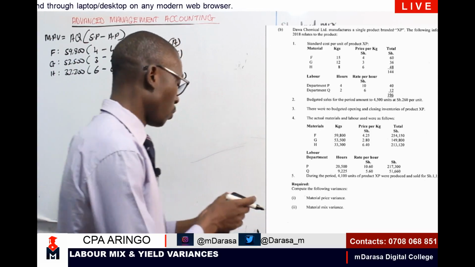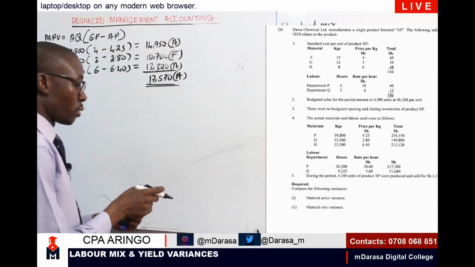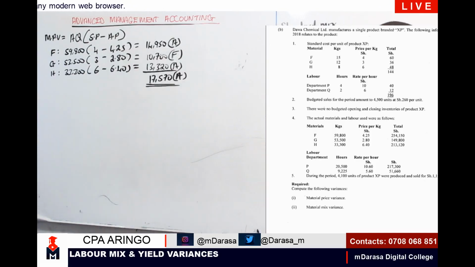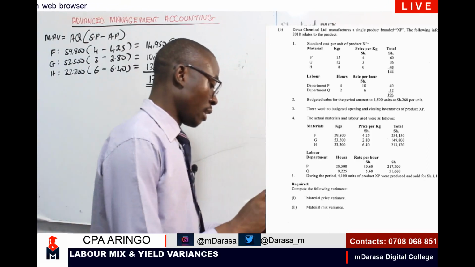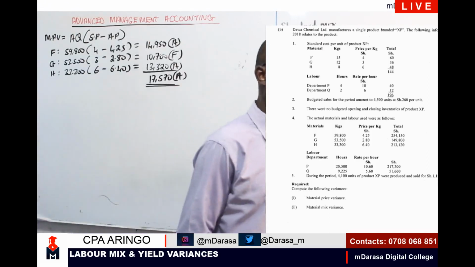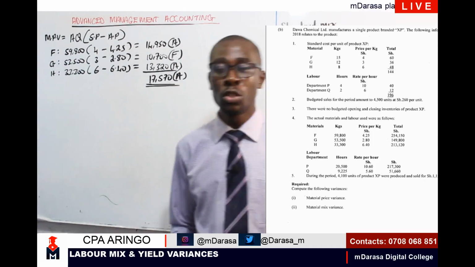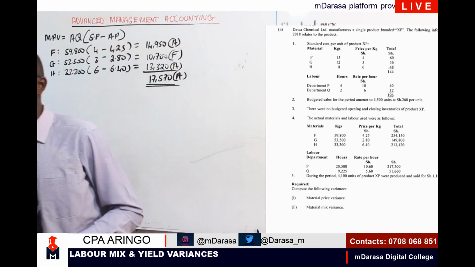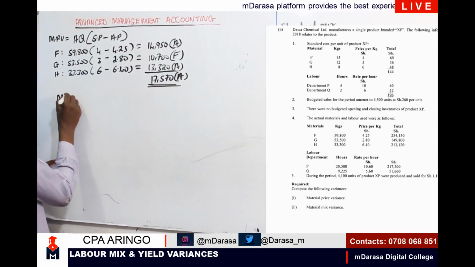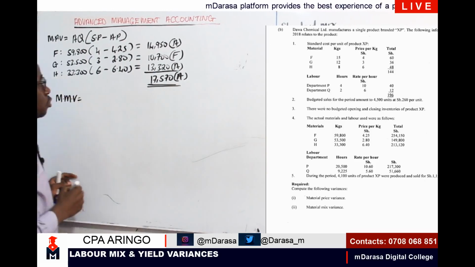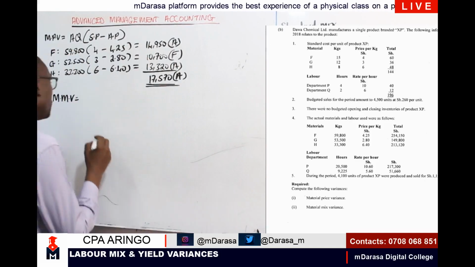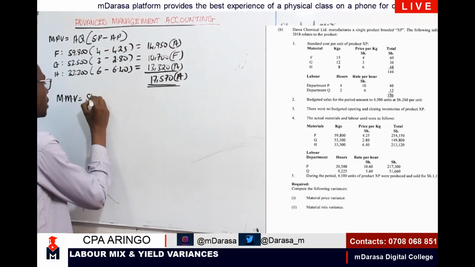The next component here, what will you be required to do? The next component, I'm required to determine the aspect of material mix variance. And determining material mix variance, we know very well that we have our formula, which we had looked at earlier on. So therefore, material mix variance, if you can recall, my good students, what will we be talking about? We should be talking of the difference between our standard